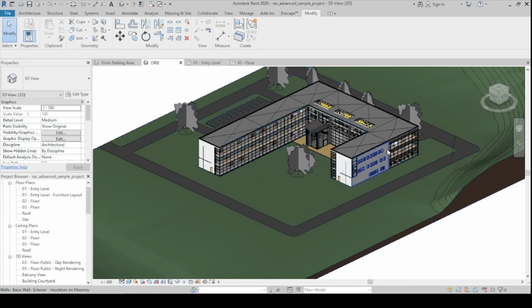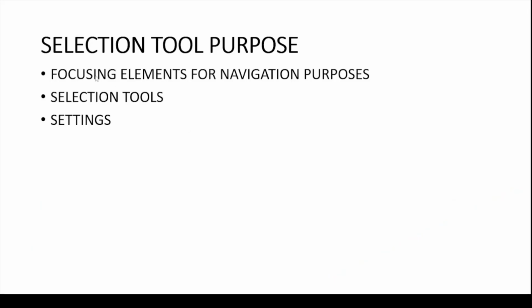Okay. So that's it. That's for the selection tool in Revit. I hope may natutunan kayo,